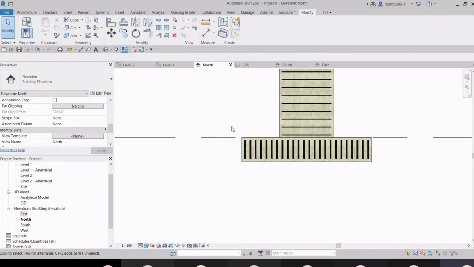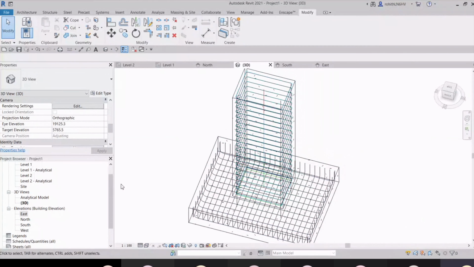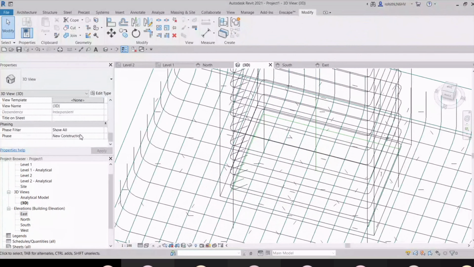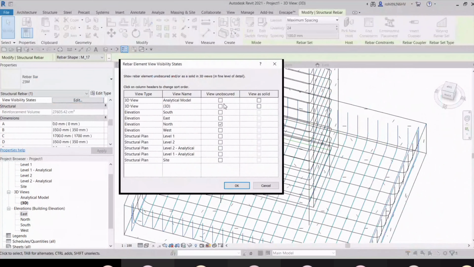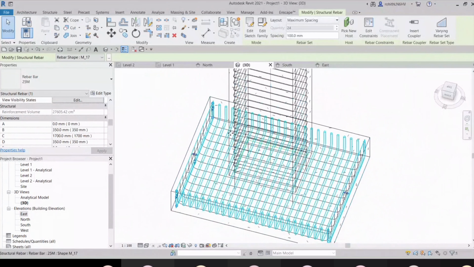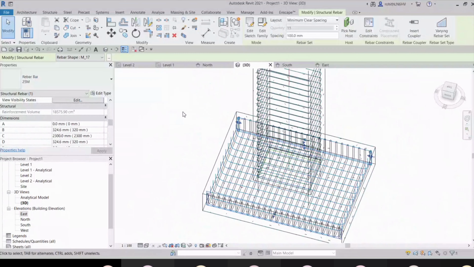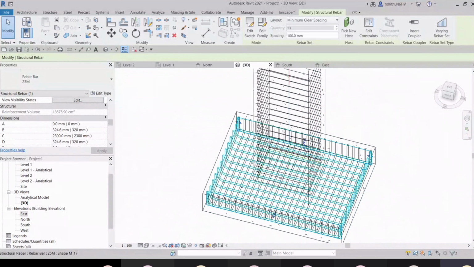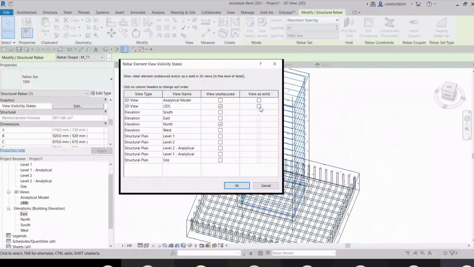Okay, just a second. Go to that view as solid, select it, view as solid, select this view as solid.